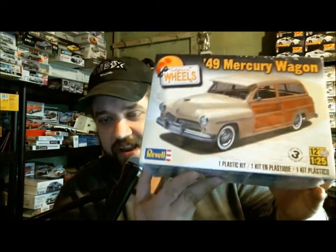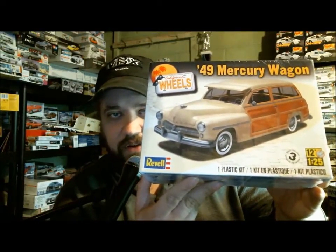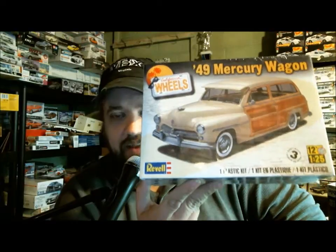This is something I've been wanting to get since it came out, I guess last year, or really the year before. This is a 2012 kit. This is the '49 Mercury wagon. Kind of disappointed. I mean, I knew this going in. I'm not sitting here going, I didn't know, because obviously I did, but it'd be really nice if this would